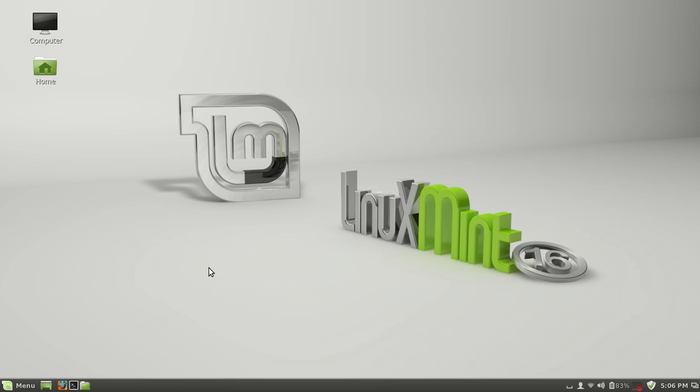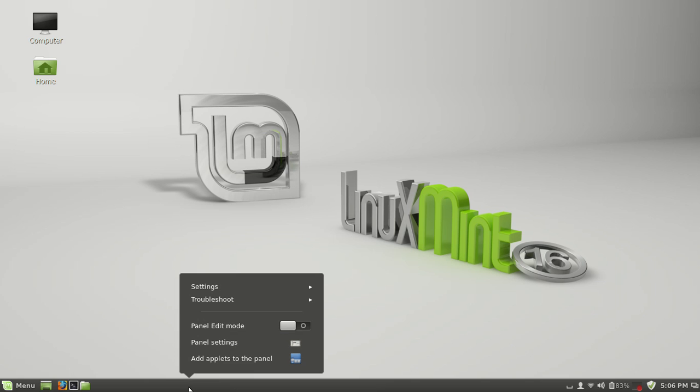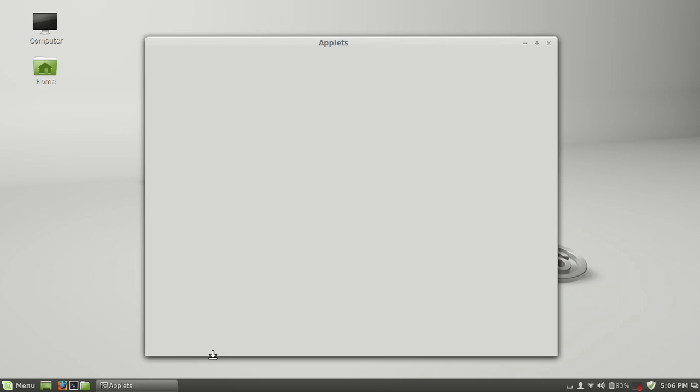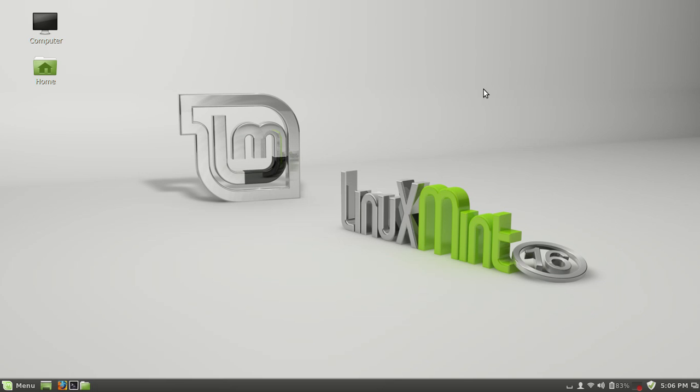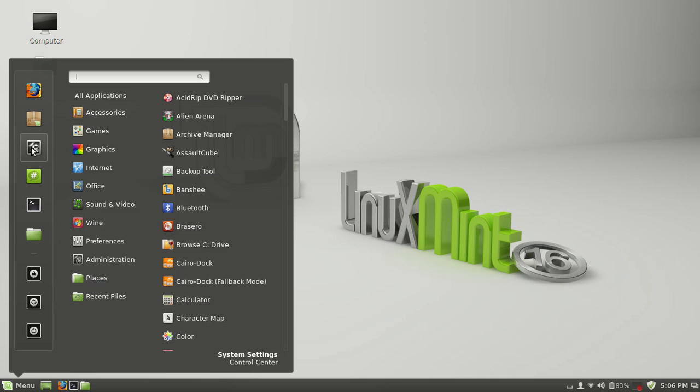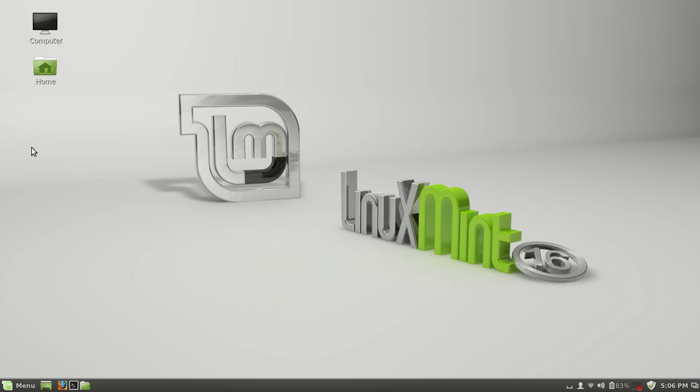You will find that if this layout is not to your liking, it's extremely easy to configure. You can add applets to the panel just by hovering over the panel, doing a right click, and with that option, you can add applets to the panel. Also, if you want to change the overall look and feel of your system, there are other options. I'll talk a little bit more about this in detail, but if you go to the Control Center